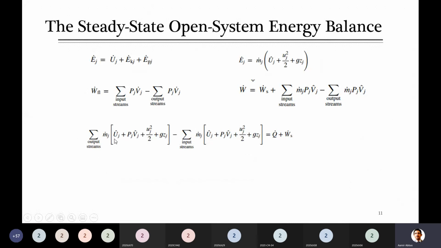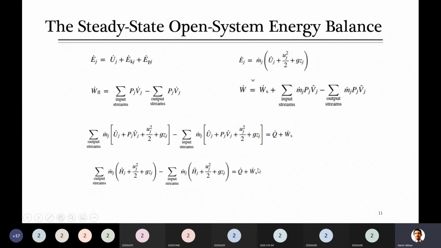Why did he do this? I told you a few minutes back that there is something called specific enthalpy, and that is the sum of internal energy plus PV. So he is going to replace these two. Due to this, he took the work which was in the form of flow work to the other side of the equation and just added to that. So U plus PV can be replaced with H. So we can replace both here: U plus PV is H, plus V square over 2 plus gZ, multiplied by M. Similarly here, U plus PV is replaced with H.